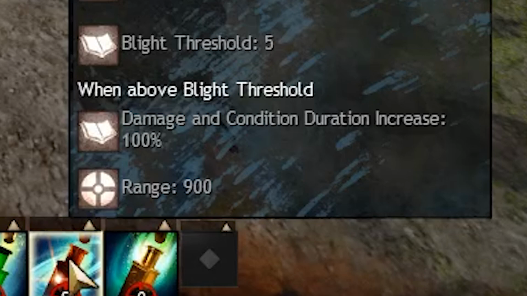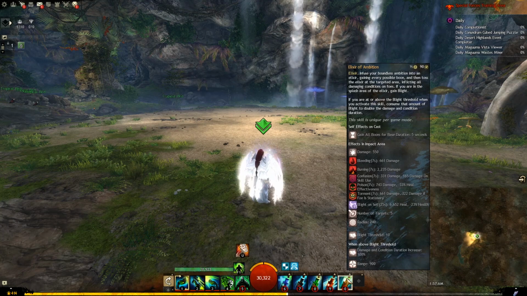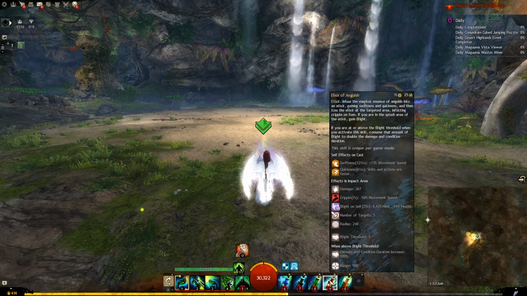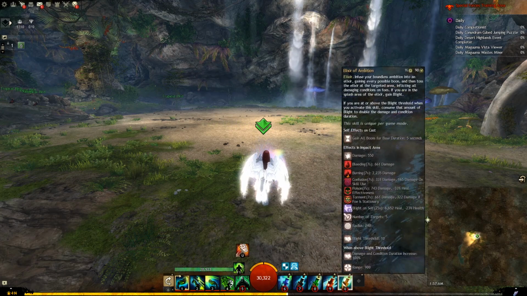And then the third effect happens only if you are above a certain threshold of Blight. And you will find this all the way down. All of your elixirs will have that third effect as 100% of the damage and 100% of the condition duration. The damage and the condition duration is from the elixir itself. For example, you will notice that all of those elixirs will do a certain amount of damage,